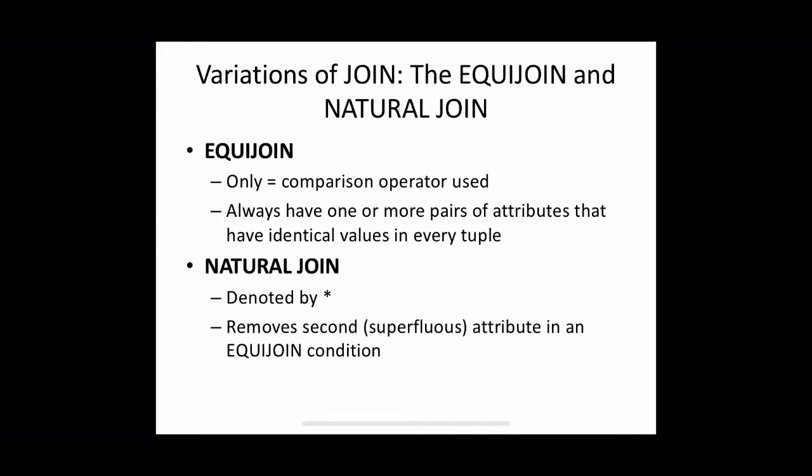So the standard definition of natural join requires that the two join attributes, or each pair of join attributes, have the same name in both relations. So that is a condition here. Just for example, in case of department and employee, we have different names, right? One is manager SSN, second one is SSN.